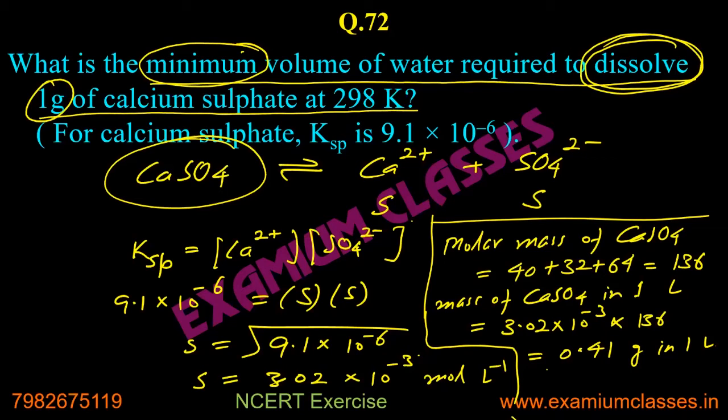Okay. So if 0.41 grams in 1 liter, we have to calculate 1 gram in how much liter? Apply the unitary method. Hence 1 gram in 1 divided by 0.41 liters. To calculate this, 1 divided by 0.41, you will get the amount. So it should be more than 2. Yes, you see the answer. If you have not approximated, then you will get 2.43 liter. So 2.43 liter is the correct answer, which is given.